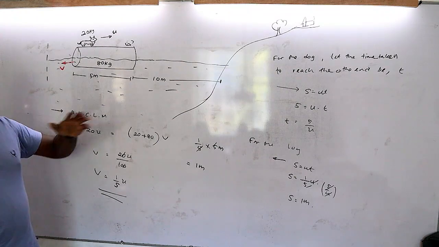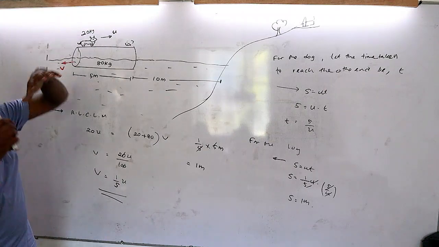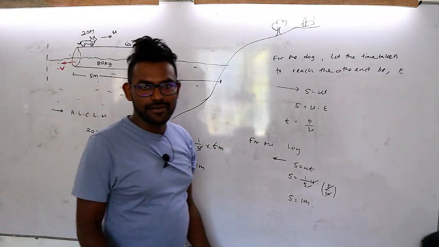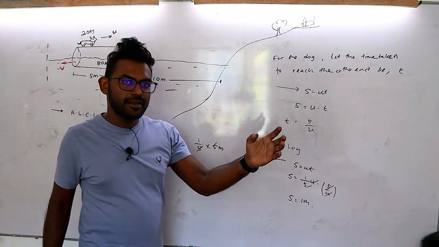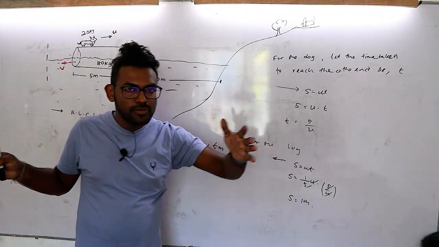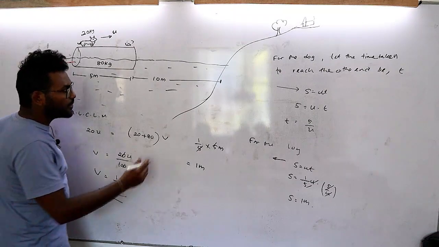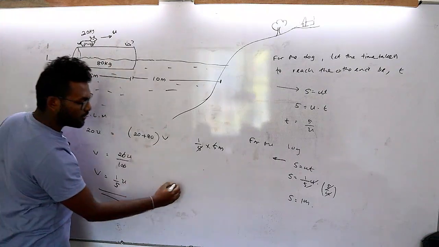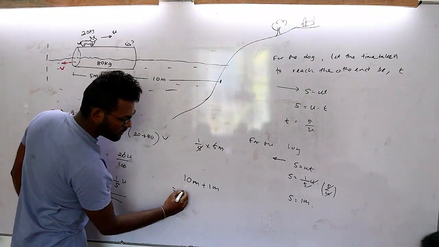11. Why is it 11? Initially it was 10, but this dog didn't know the conservation of linear momentum. That is why it started to run, right? While it starts to run, what's going to happen? It just sees the land and starts to run. Then the log with the dog should move backwards, right? So now the distance between the dog and the land will be what? Even though the dog has moved to the other side, it will be 10 meters initially, plus 1 meter the log went back. It will be altogether 11 meters,